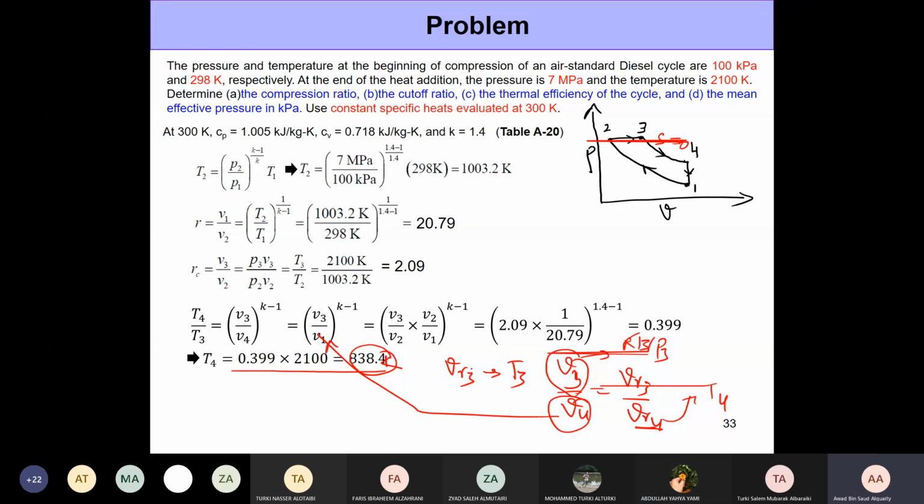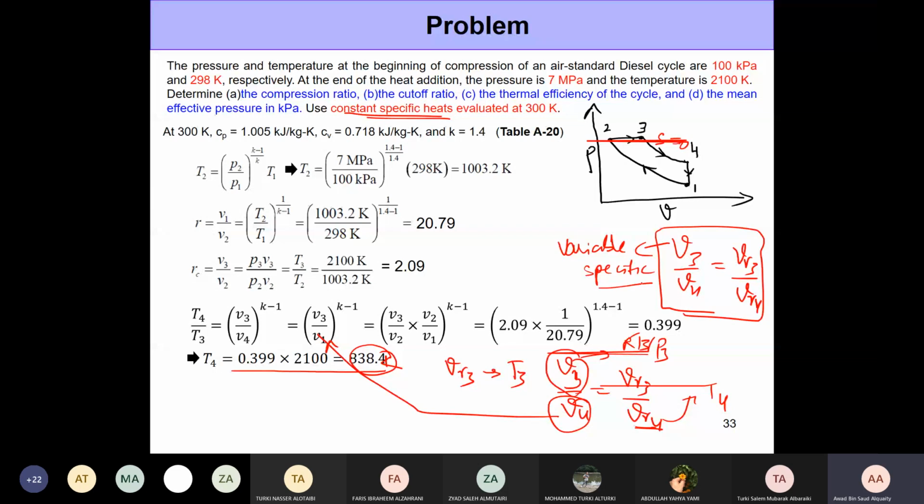You guys are right that it's a long method, but there's a bigger problem here, which is not very obvious. Here the question mentions constant specific heat, right? So for an isentropic process, we can take the ratio of specific volumes to be equal to VR3 by VR4 only when we are going by the exact method, that is, when we are considering variable specific heats. So here, even if you do this long method, you're going to lose some marks because this is not the method that we want to test you on. Although it's going to give you a similar answer because it's a more exact method, here the idea is to test you on the approximate method. So you should not be using VR3 and VR4.